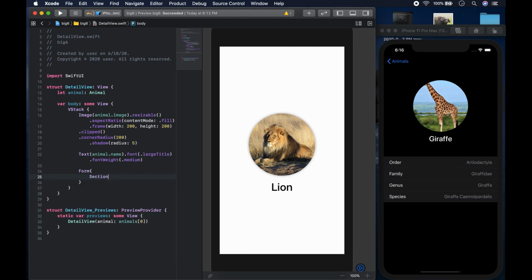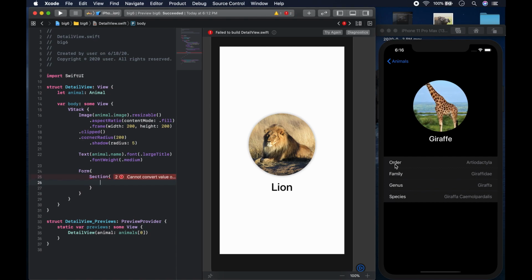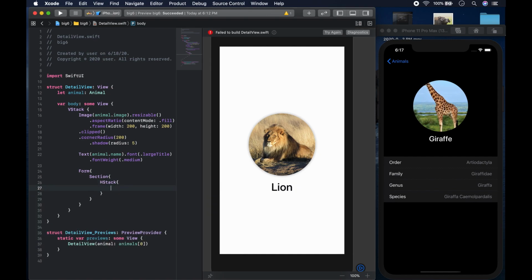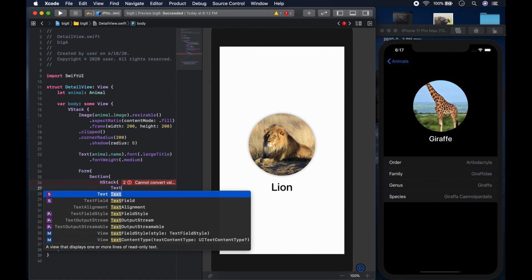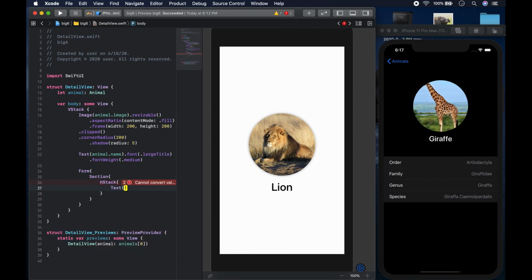We could have a section like so, and in it we're going to have an HStack. You see, the name is here, and then the value is on the other end. So we need an HStack that is separated by a spacer, like so. Oh, sorry, that's how you do it in Dart. It's actually done like this here. I'm coming from Flutter, of course, and the text here is going to be order,